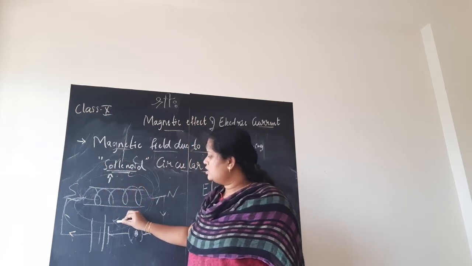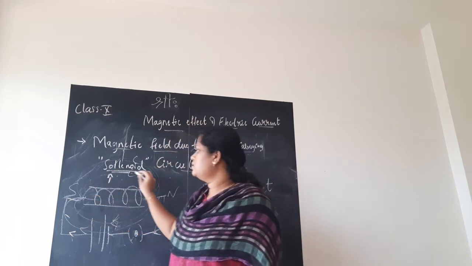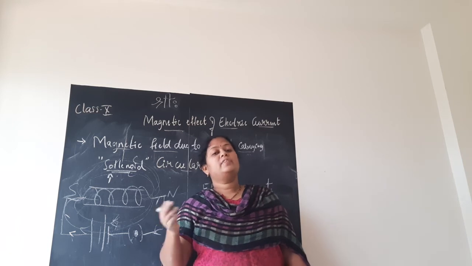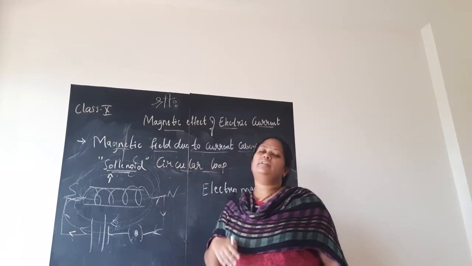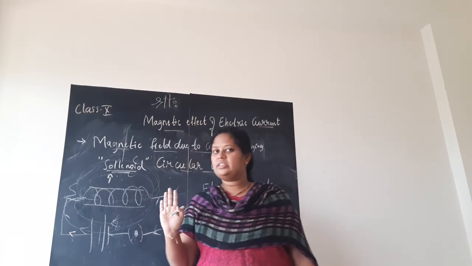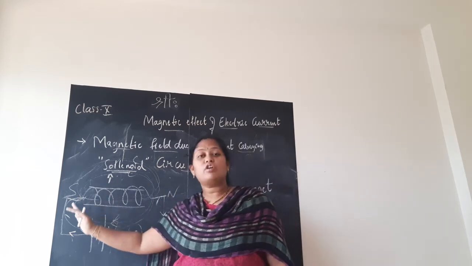So the solenoid always gives the magnetic lines of force in the form of the pattern of a bar magnet. Hence it is also called a bar magnet. In this case, I am not using any magnetic compass in order to find the direction of the magnetic lines or to find which is acting as the north pole.